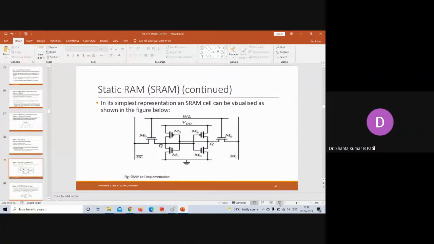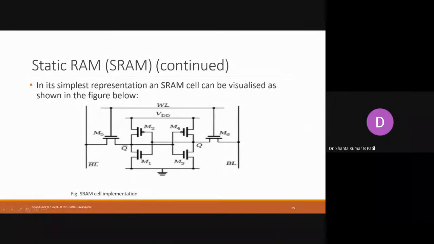In the case of static RAM, you can observe here that more transistors are involved. Almost 1, 2, 3, 4, 5, 6 transistors are there. These are the transistors I have shown in the basics before the start of this session. This transistor conducts when it receives zero voltage, and conduct means there is a connection between the collector and the emitter.